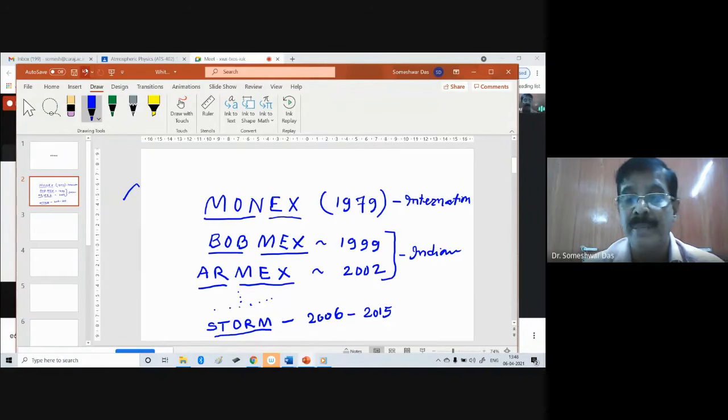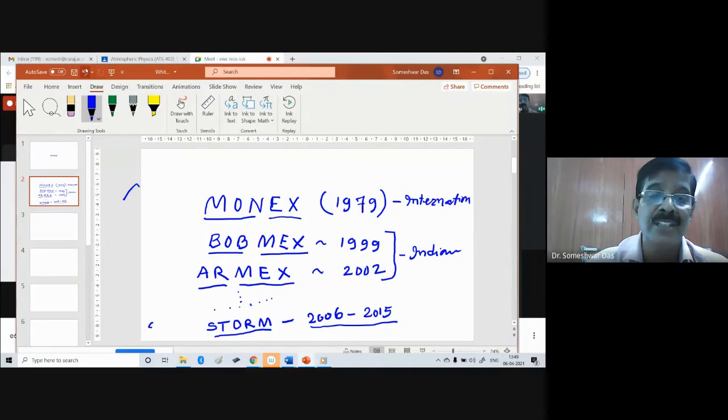And later on, of course, joined by the neighboring countries like Bangladesh, Nepal, Bhutan, Pakistan, Afghanistan, Sri Lanka, Maldives, and so on. All these countries, because they say that thunderstorm occurs everywhere, not only in India, wanted to join hands with India to conduct the STORM field campaign, STORM program. We collected a lot of observations during this time, but later on when the other countries joined this program, it was named as SAARC STORM,